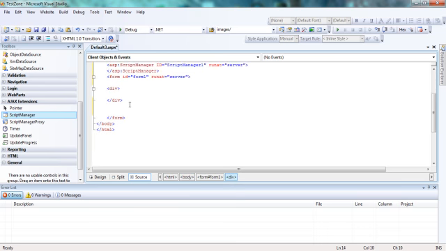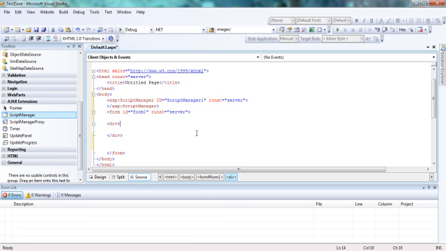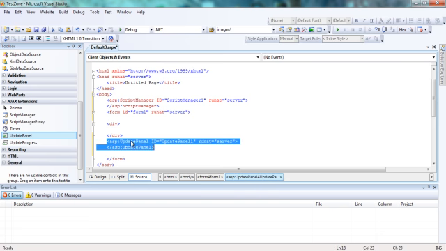Once we have included a script manager, next we need a container to contain the components which will make use of AJAX. That would be the update panel. So we have our update panel. Now in this update panel we shall include